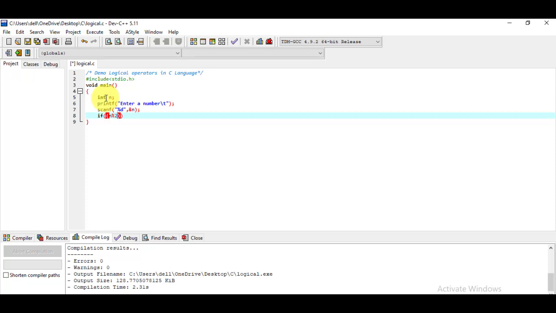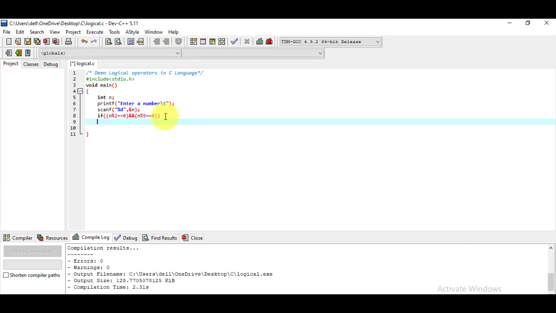It means if we divide the number by 2 and the remainder is equal to 0, and here I'm using the AND operator and say n modulo 5 equal to 0. It means that if we divide this number by 2 and the remainder is equal to 0, and if we divide the same number by 5 and the remainder is equal to 0, if both the conditions turn out to be true, then here we have to write the message for this,